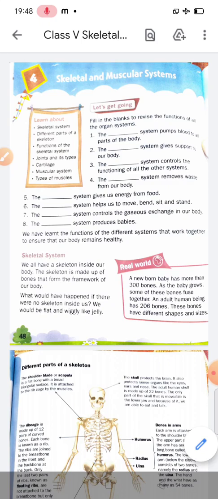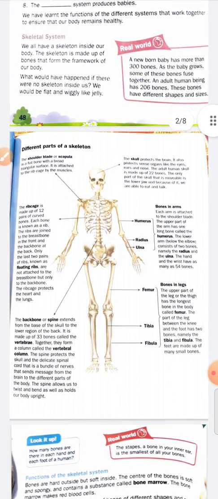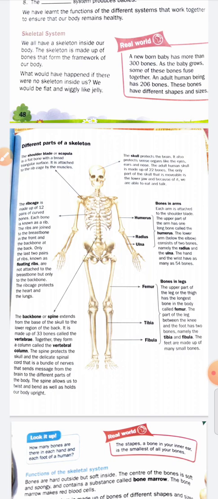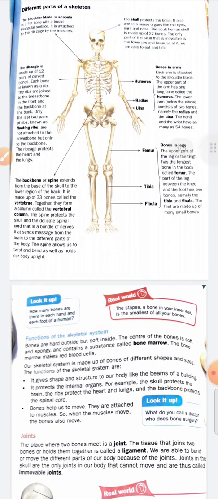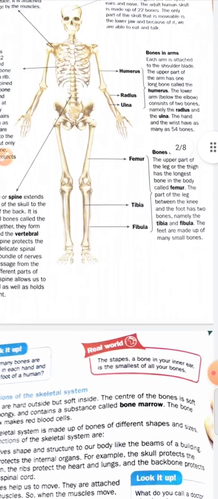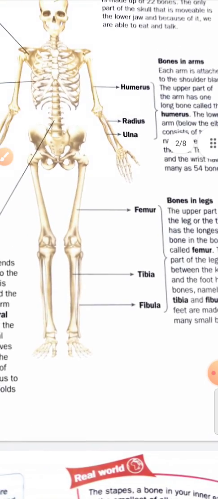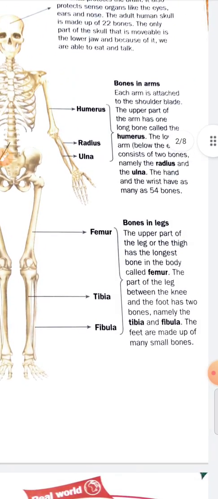And students, we have discussed different parts of a skeleton: shoulder blade, rib cage, backbone, skull. Now in this lecture we will discuss the bones present in arms or bones present in legs. So students, let's start. There are 3 bones present